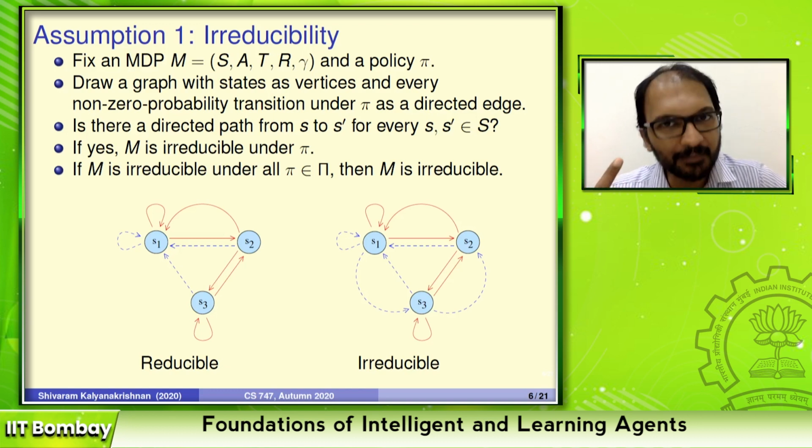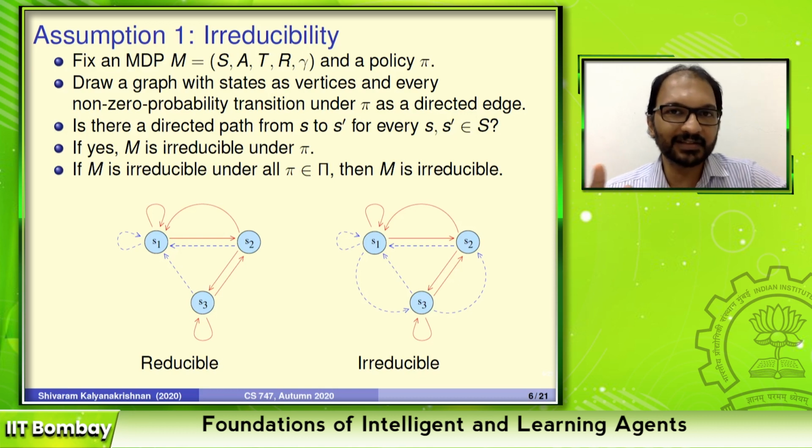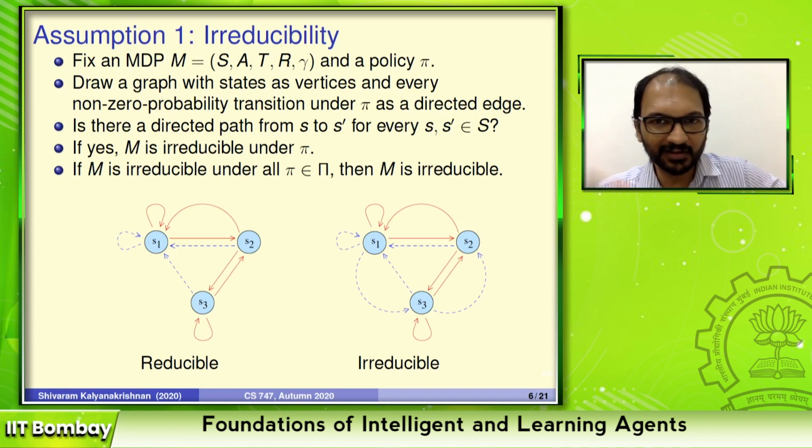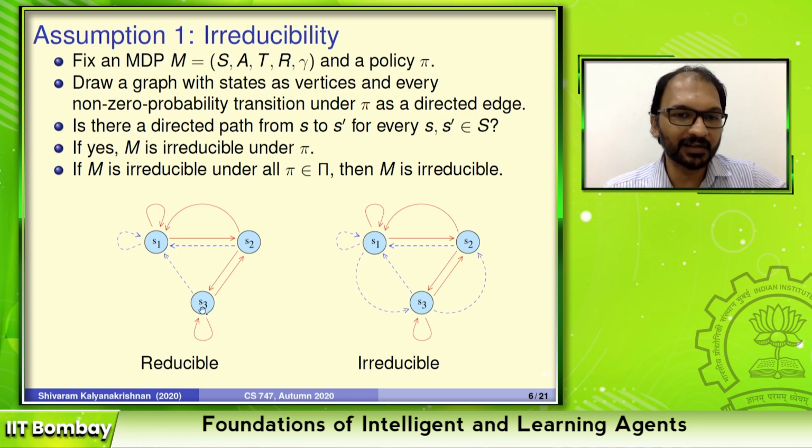If there is even a single policy for which M is reducible, it's not irreducible, then M itself is reducible. Okay, so that's the definition. So it could happen here, I don't know if it is, that for some policies you'll actually visit all the states. But at least one policy, blue, blue, blue, you can see over here, that's not happening. You can't, let's say, go from S3 to S3 by taking blue from here and blue from here and blue from here, or S3 to S2 also.